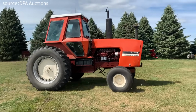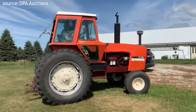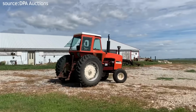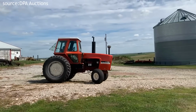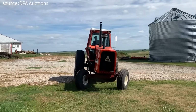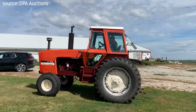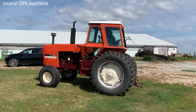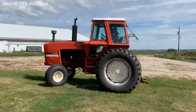The fact that many are still working today, often with minimal rebuilding, speaks to the quality Allis-Chalmers built into these machines. The 7030 packed more power than its entry-level label implied. Its 7-liter turbocharged 6-cylinder produced about 131 PTO horsepower and roughly 110 drawbar horsepower. It shared the full 20-speed partial power shift transmission of larger 70 series machines, allowing smooth on-the-go gear changes. Weighing approximately 12,430 pounds and featuring independent wet disc differential brakes and hydrostatic steering, it delivered big tractor performance in